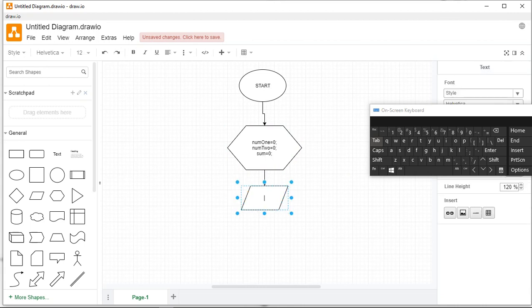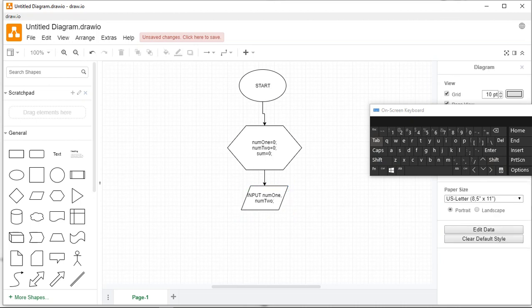Then I'm going to double click it and type the word input, to distinguish it from output. What I'm going to input are the variables num1 and num2. Once you're done inputting the values for those variables,